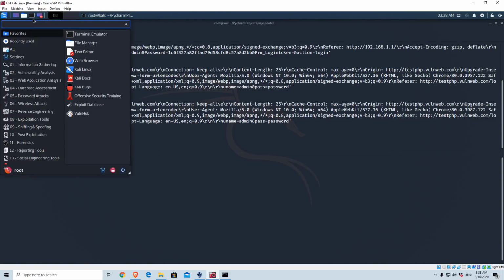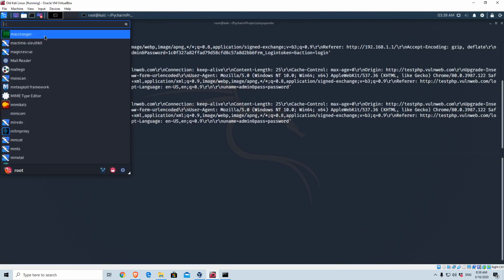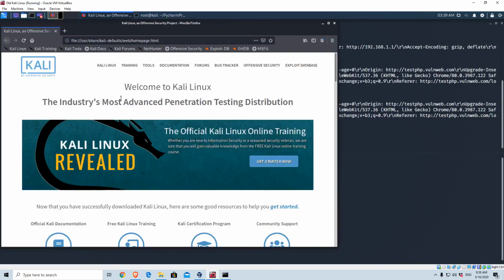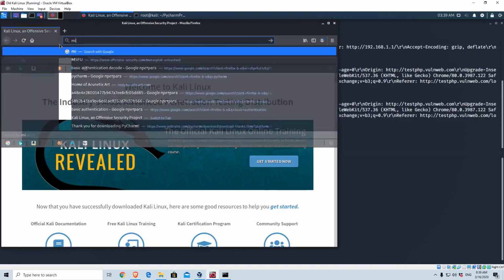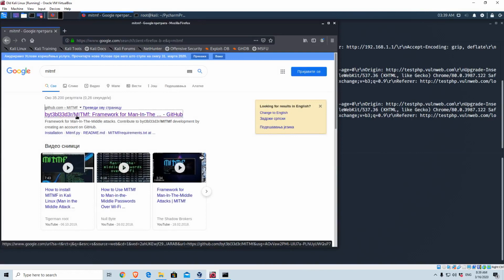So you can use a tool called, for example, MITMf, not really sure if it is installed right here. Yeah, you can also use mitmproxy, but I would advise you to go onto Firefox if you want to use the real man in the middle and ARP spoofing tool that comes with a bunch of different options that will help you fully execute your attack. You simply go and download a tool called MITMf. You would simply click on this first link,